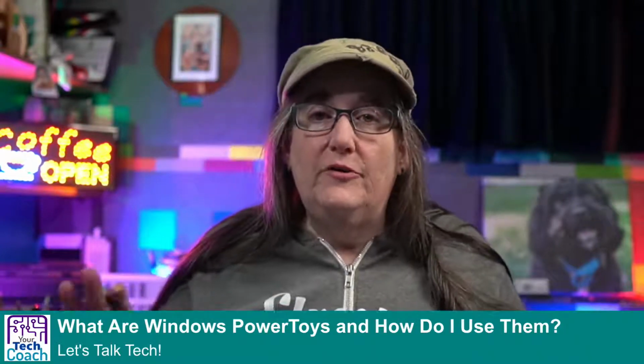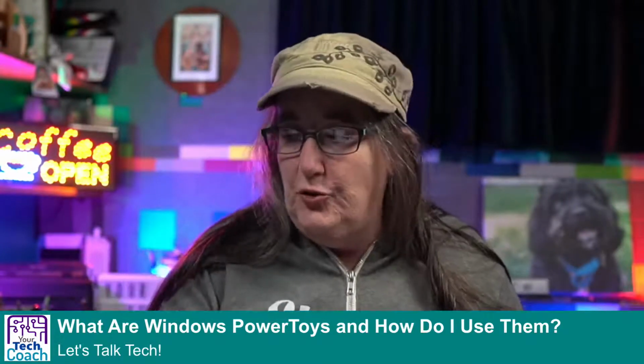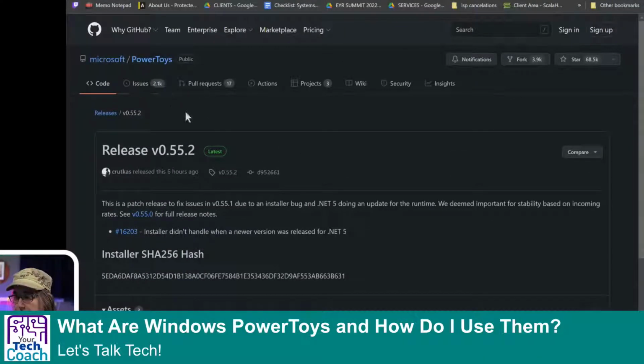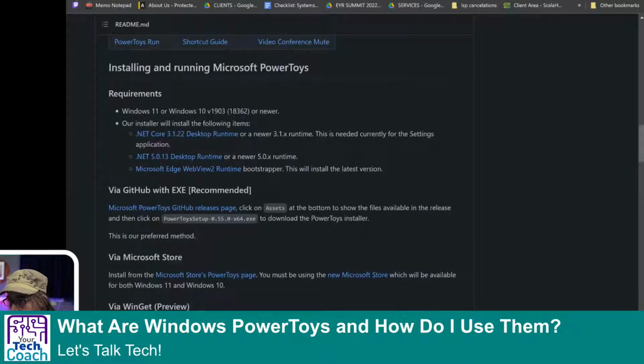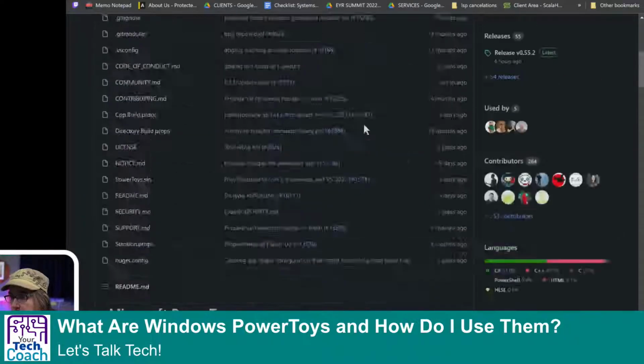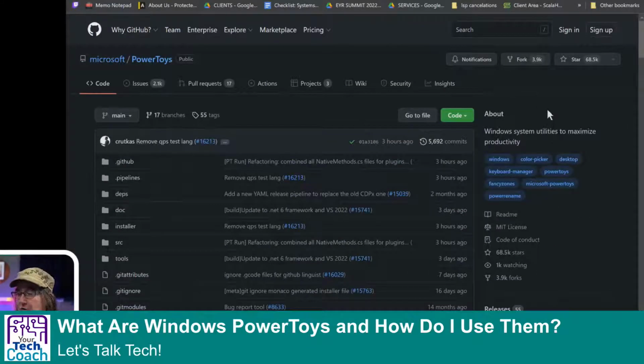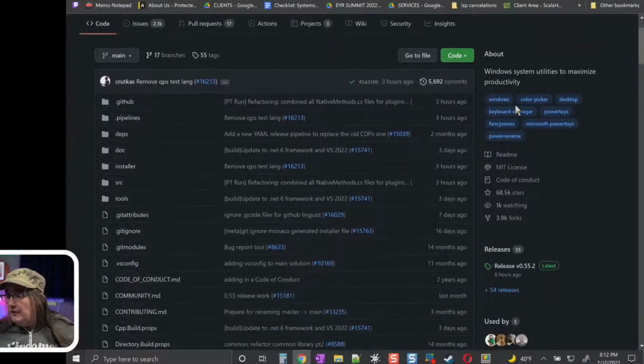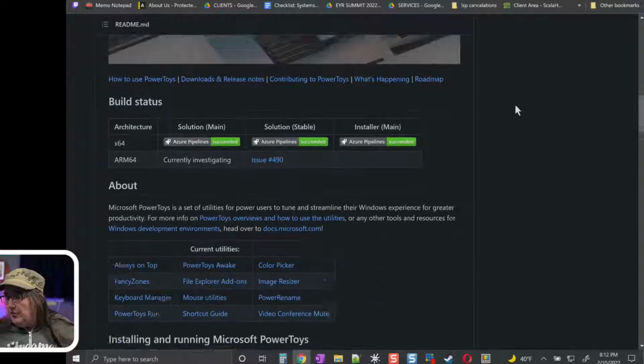If you do decide to go to GitHub, let me just show you what to look for. You're going to want to dig around, and eventually you'll find the thing that takes you to, let me bring this back here. So when you go into GitHub, if you've never been here before, it can be a little overwhelming. And so that's why, you don't have to do it this way. Like I said, there's a link that will take you right to the Microsoft Store to download it and install it. But if you do decide that you want to go here, if you scroll down long enough, you will